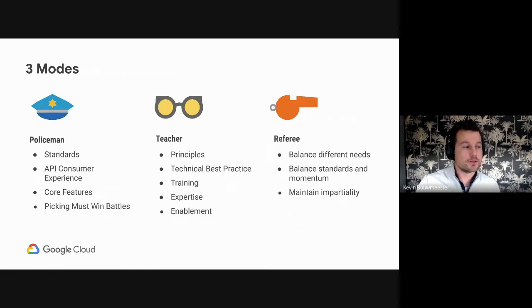And in that case, the API team or the governance team will operate in 3 different modes. They can still be the policeman, being kind of capital G, but only for the must-win battles, maybe for the core features. And they will look at the standards. But most of the time they can be the teacher. They can allow people to find the right information, set the best practices and standards, and offer them expertise and enablement. And the last thing is where they can be the referee,